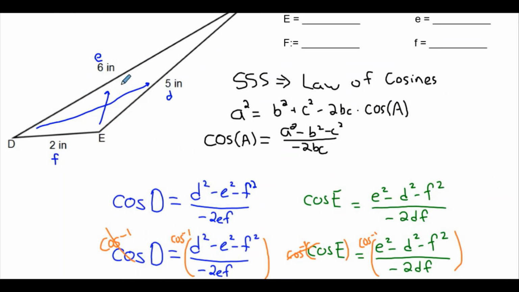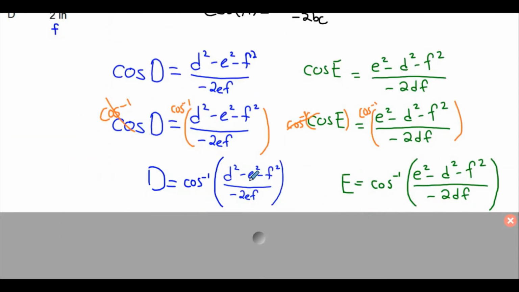Why didn't you say it was 5? Why did you say E was 6 and 2 was F? You could, and if you want to do it that way, here's a great place to do it. I want to show you something really neat on the calculator that I think will really open your eyes to